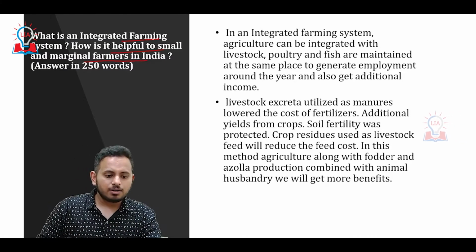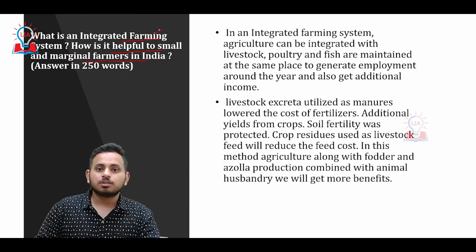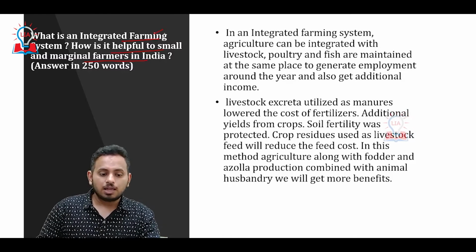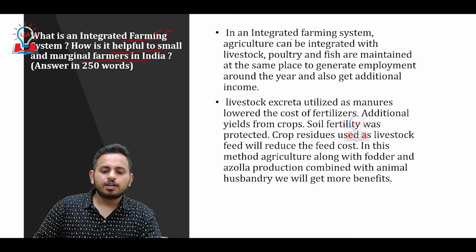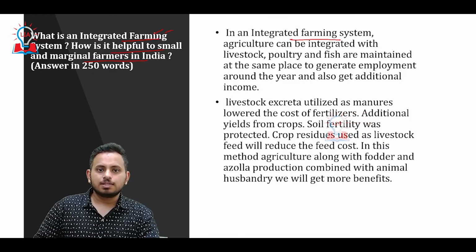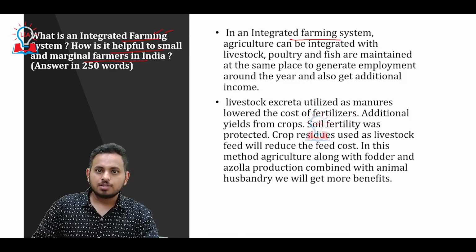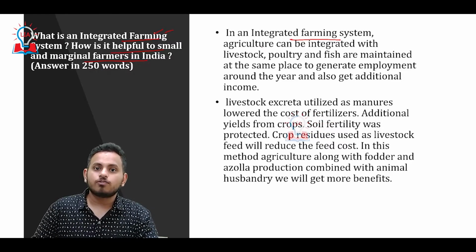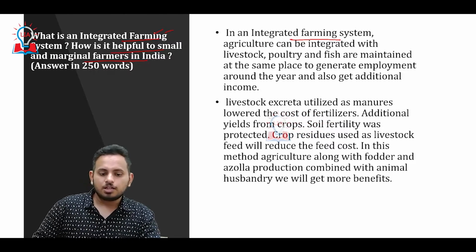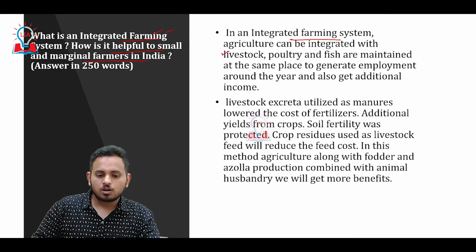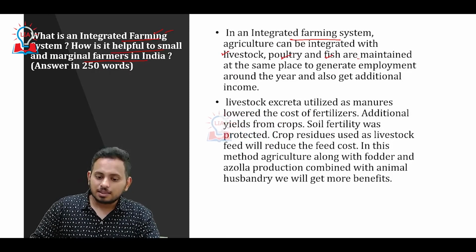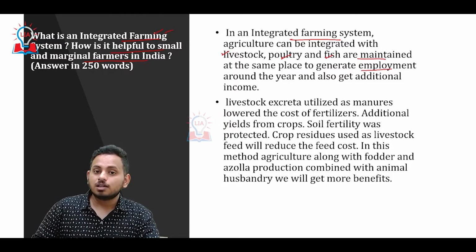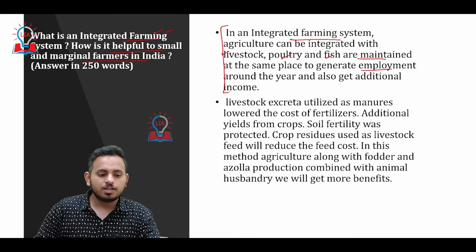So integrated farming system, this is something that was in the news, and this is something that could revolutionize Indian agriculture. Integrated farming system is like, if a farmer is involved in the production of food grain, at the same time he is also involved in livestock, poultry, fishing. Then, for this additional employment or additional income, this system is called integrated